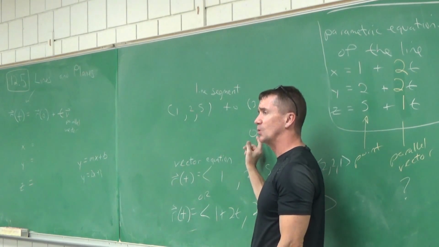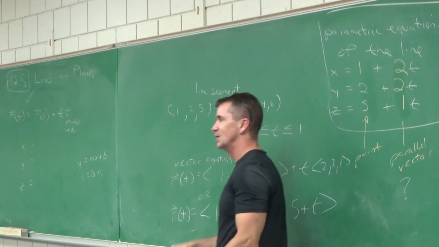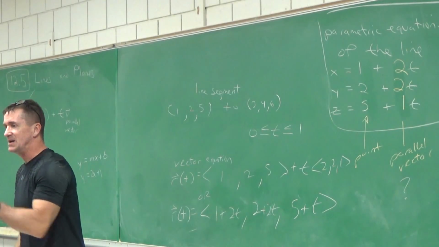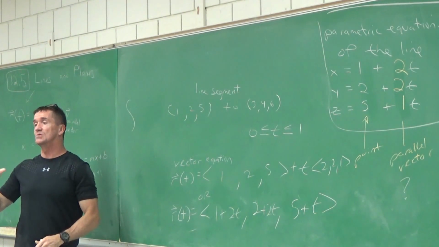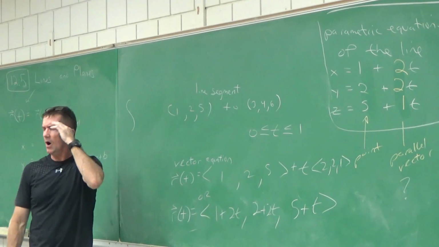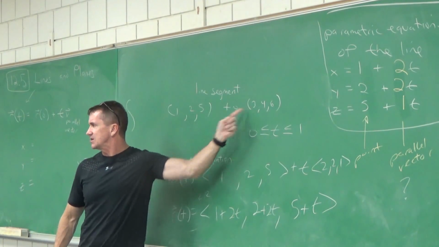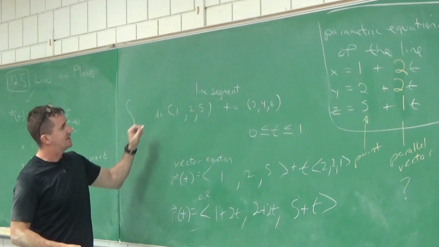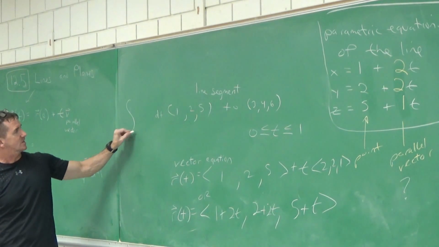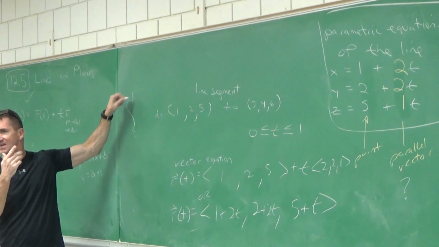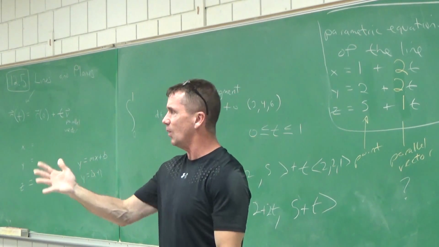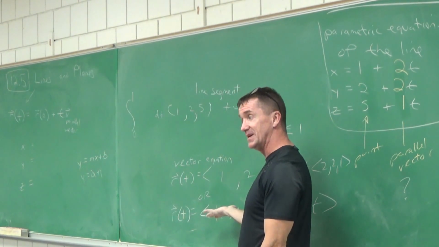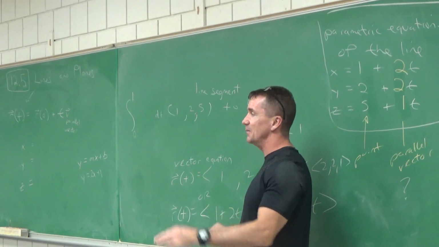When does what I just did about a segment become important? Chapter 16, because we're going to be doing integrals. We'll do something called a line integral, and you ask, what's going to be my limits of integration? You're going to have everything in terms of t, and you'll come back and see it's just going to be 0 to what? 1, to make you go from this point to this point. Is it always going to be 0 to 1? If you set up your line this way, it will be. That'll be at the end of our course.